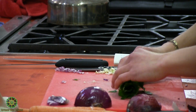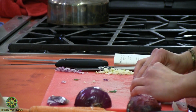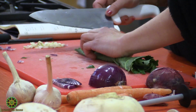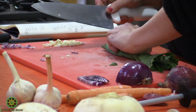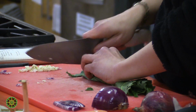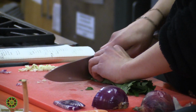Just stack them up on top of each other and roll them up. And you can roll them up loosely or you can roll them up tightly. Just make it so it's easy for you to manage. Right? Just like that. And then you just start at the end and make sure your holding hand is like a sling, like it's in a sling, and your fingers are making a little wall so you're not going to cut yourself. And then you're going to take your knife and you're either going to slice forward, you can back slice,